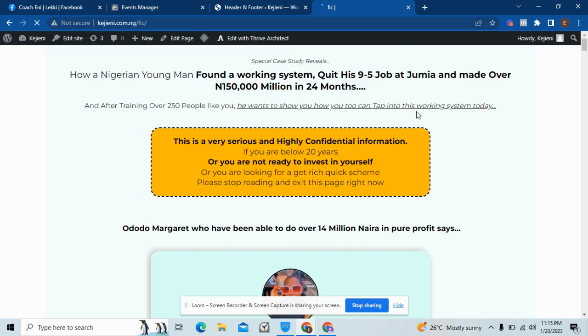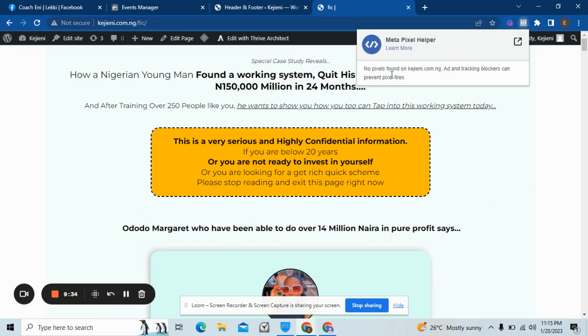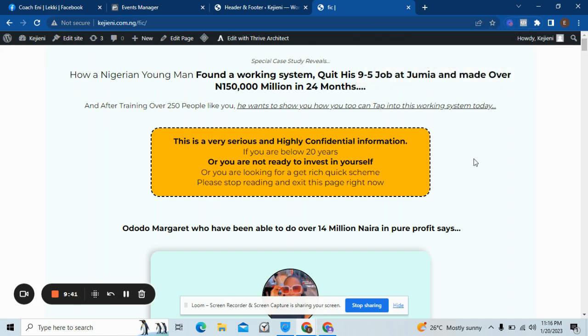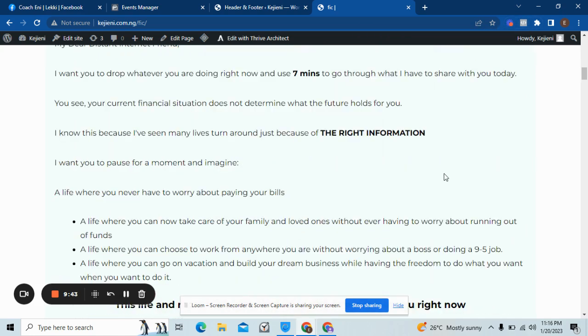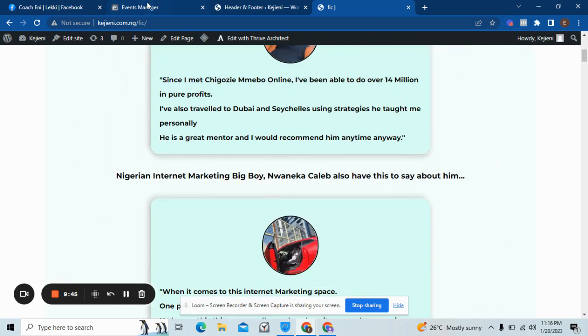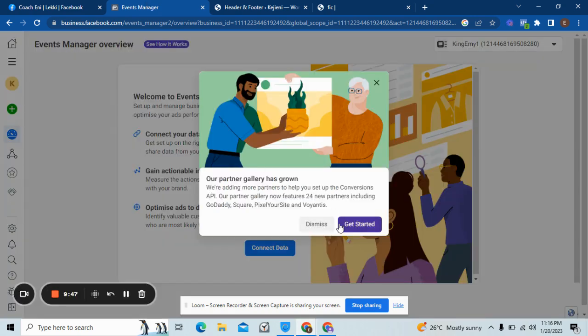This is the website. Now there is no pixel installed here, right? No pixels found on kgne.com.ng. So now there's no pixel here, so it's empty. So now we'll come to